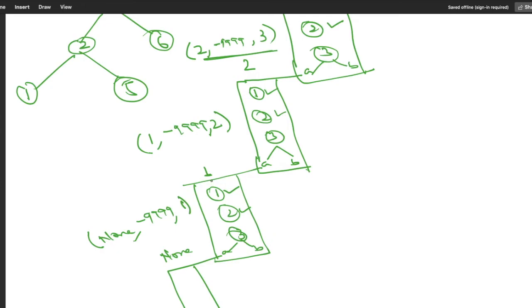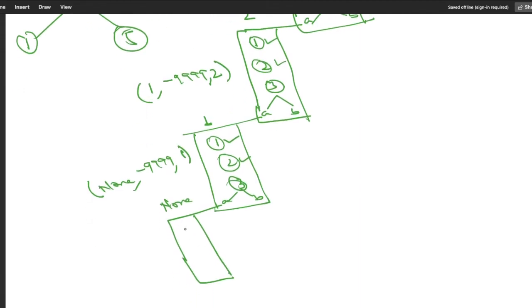For this function root dot data is 1, so it will pass 1. Now here we have 3 lines, 1, 2, 3, and for 3 we have A and B, correct? The very first line checks whether the root is none. If it is none, then it simply returns true. So control will simply return true. We are done. Now the A part is done. Now it will go to the B part and check.